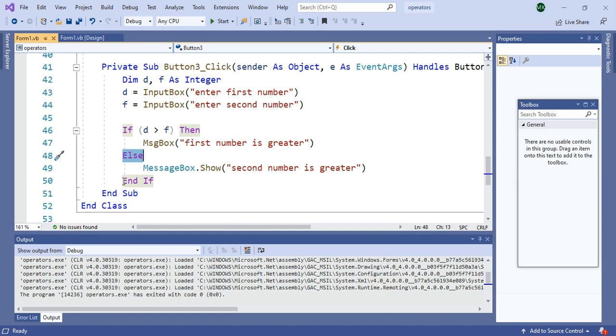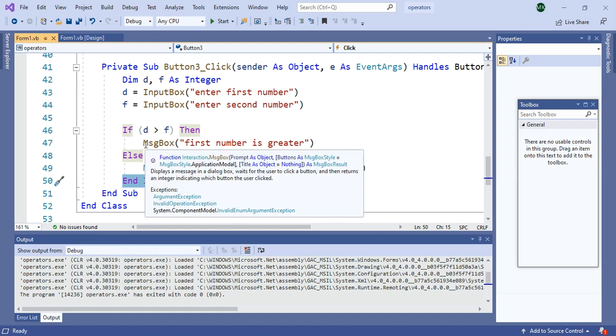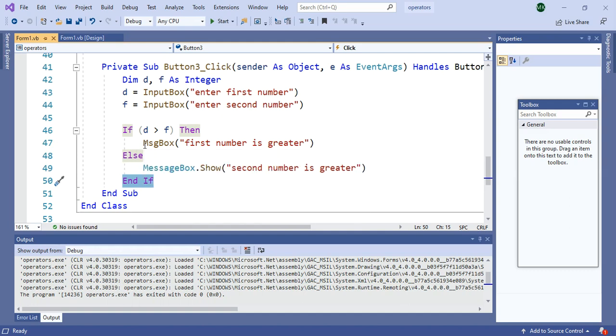And at the end you should end that if else control structure. One more thing you should remember, message box you can write in both ways, either MsgBox or MessageBox.Show. If you are writing MessageBox, then you have to write .Show also.